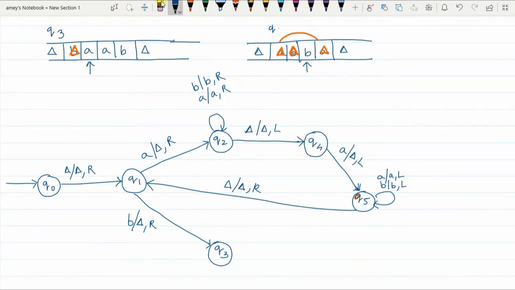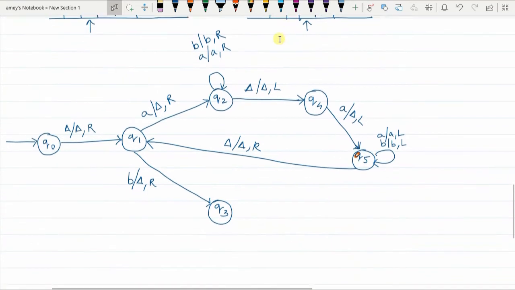Okay, so you are in Q3 state now. Whatever you did for the A cancellation, the same thing will happen for B. Now on the way towards the right, any number of A's or B's that you encounter, you ignore them and just go on moving the pointer to the right till delta is encountered. All this you do in Q3 state.